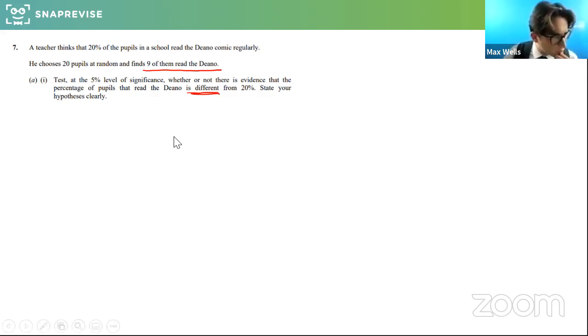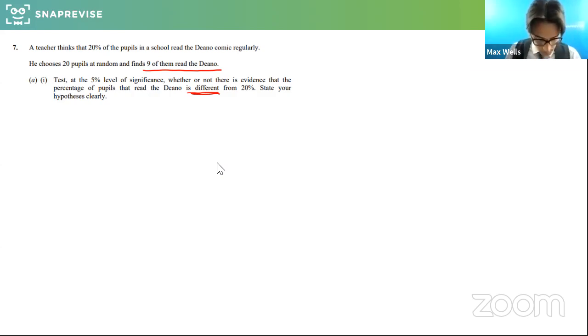Lots coming in the chat. I'm just going to try and keep up with this as well. Right, so I'm going to fit in as much as I can now. I think we'll look through this statistics question, and then I'm going to talk a little bit about Snap Revise and other opportunities to go through other topics. So I'll carry on with this one for now.